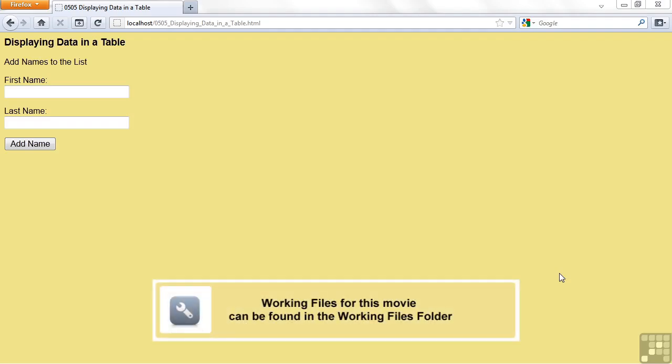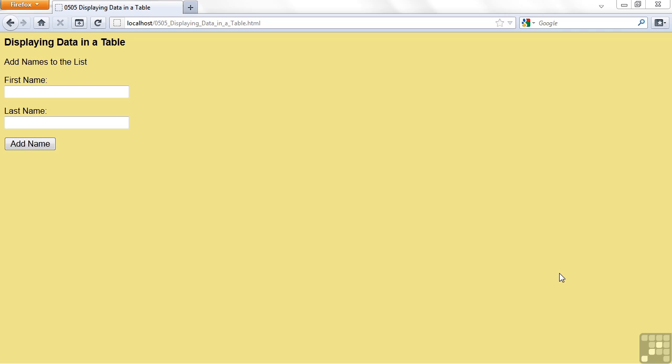This lesson is on displaying data into an HTML table from a file that we're going to read in PHP. We're really starting to use the power of PHP now to do something dynamic. Let's look at this form. Simple enough. I've just got the first name and last name, and it's going to add names to a list. And we're going to be able to see this list get added to as we go through each iteration of